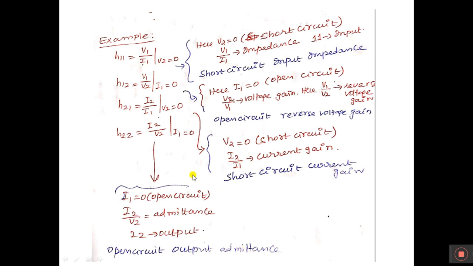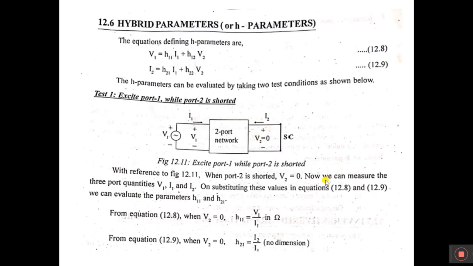Similarly, you can remember the Z parameter, Y parameter, ABCD parameter. It depends upon which one you are going to make open, which one short. And this depends upon V by I, that is impedance, I by V admittance, V1 by V2 voltage gain, I2 by I1 current gain. Like that you should remember, right? Sometimes in a 2 mark question they will give a circuit and ask only to find the short circuit input impedance parameter. That means you should find H11 only. For that case, it may be useful, right?